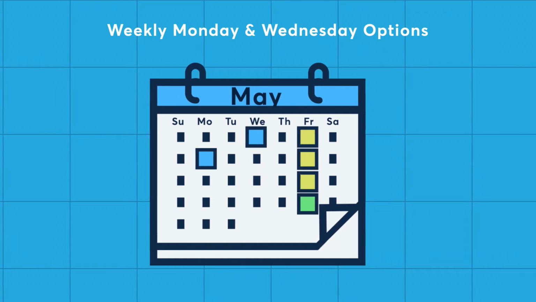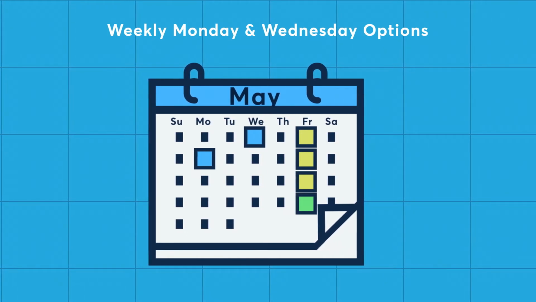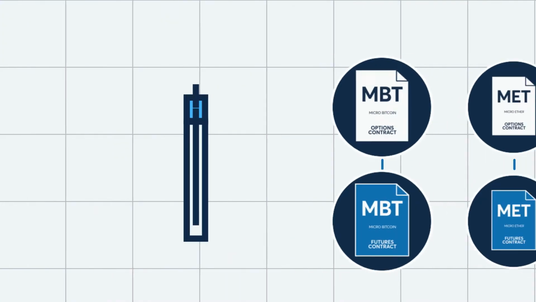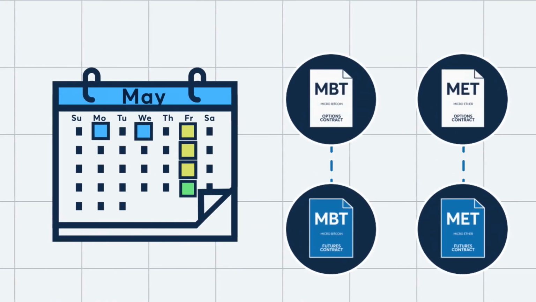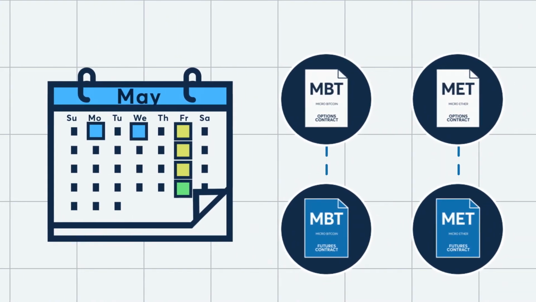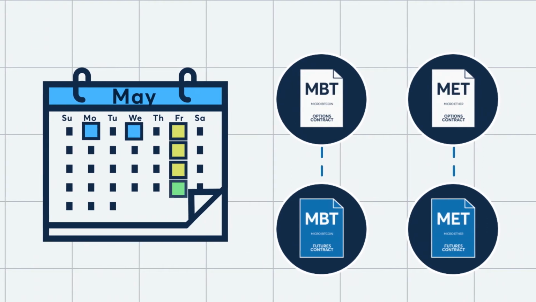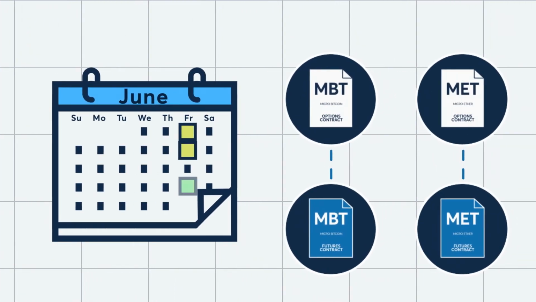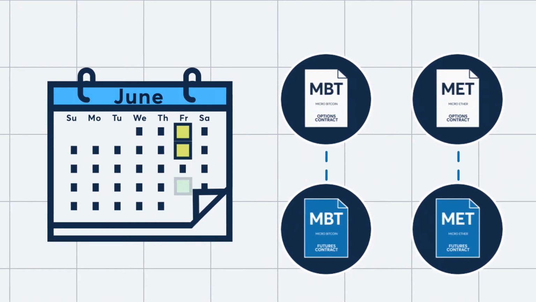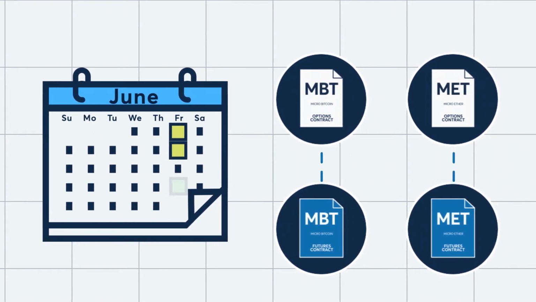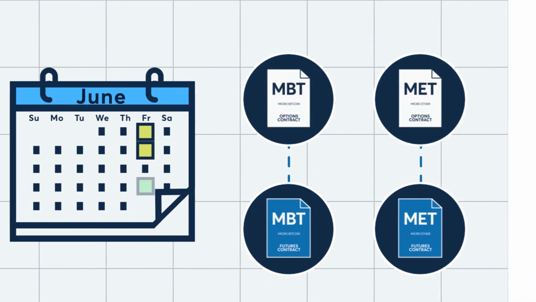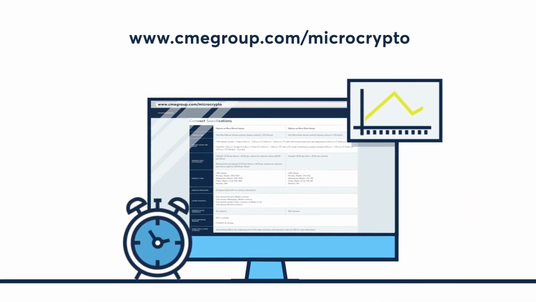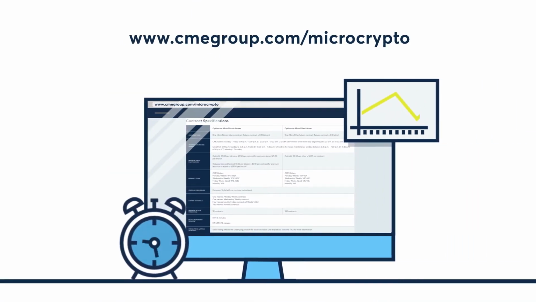In most cases, the weekly options will derive their value from the corresponding monthly futures contract. In our example, the May weekly options would derive their value from the micro futures contract expiring on the last Friday of May, while the June weekly options would follow the futures contract expiring in June. An option can never have an underlying futures contract that expires before the option. Additional details of the listing cycle can be found on the contract specifications page.